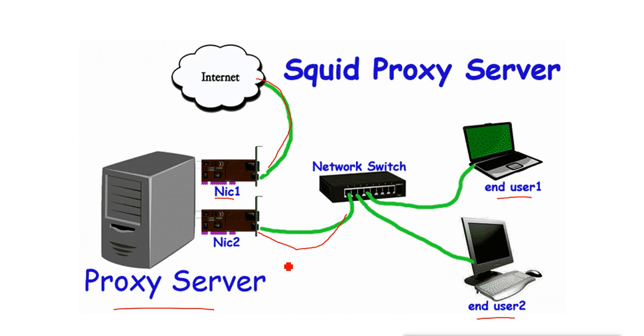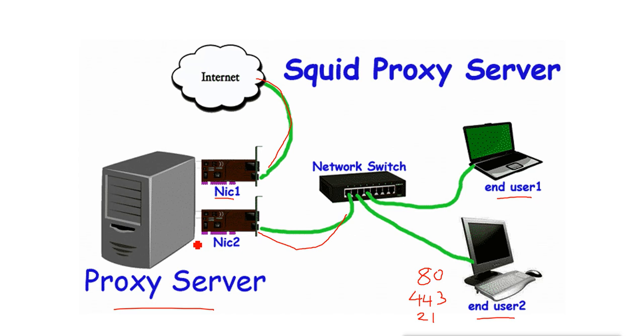Now whatever protocol we are using for accessing the internet, whether it is HTTP, HTTPS, FTP, or SSL, they all have their own port numbers. That means whenever you access any website, your client, your end user, sends the request on that port. Suppose I am accessing a website, it will send the request on port number 80. If you are accessing a secure site, it will send the request on 443. If you are accessing FTP, then it will send the request on port number 21. Now we will configure these end users to not send the request on these ports. We will send them to the proxy port.